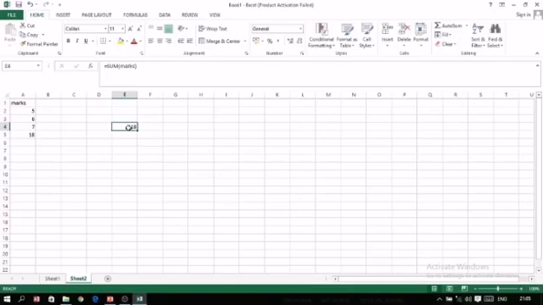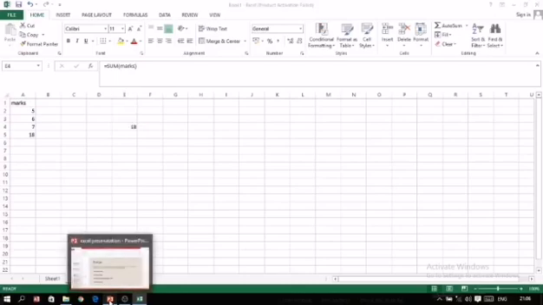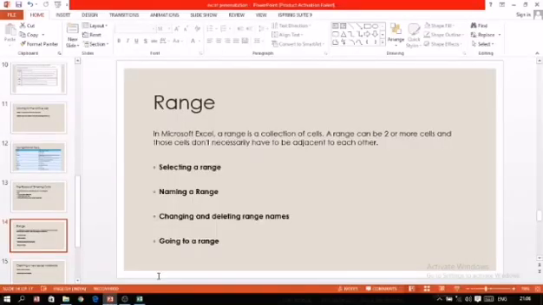So this is also one of the ways to use the name box. Now just concentrate on this formula bar. Here I have given the formula for adding the numbers, and here I have used the name of the range.